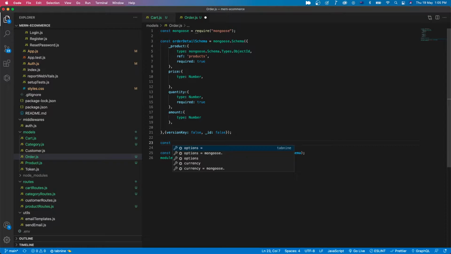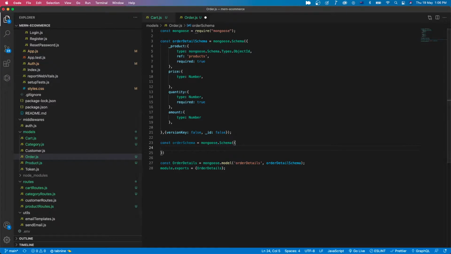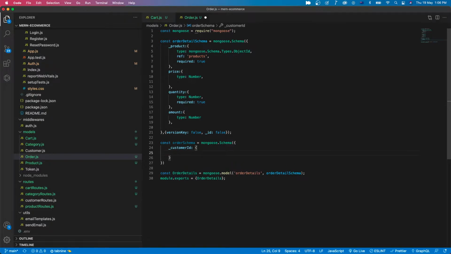We create const orderSchema and set it with mongoose.Schema, and we have the field customerID. The type is mongoose.Schema.Types.ObjectId, reference from the customer table,